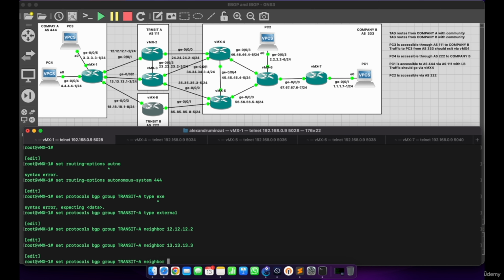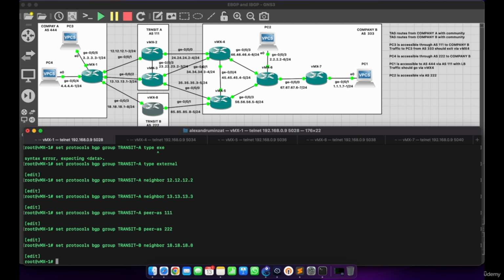And we also should specify the peer AS, which is 111. Also, let's create a separate group for transit B. Set protocols bgp group transit B, peer-as 222, and neighbor 18.18.18.8. You can go ahead and commit this configuration,